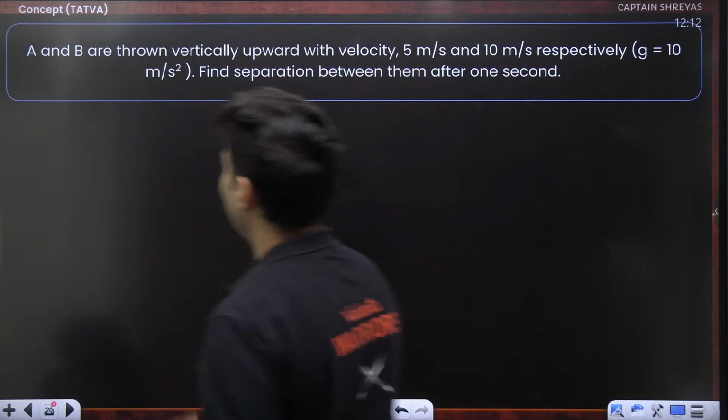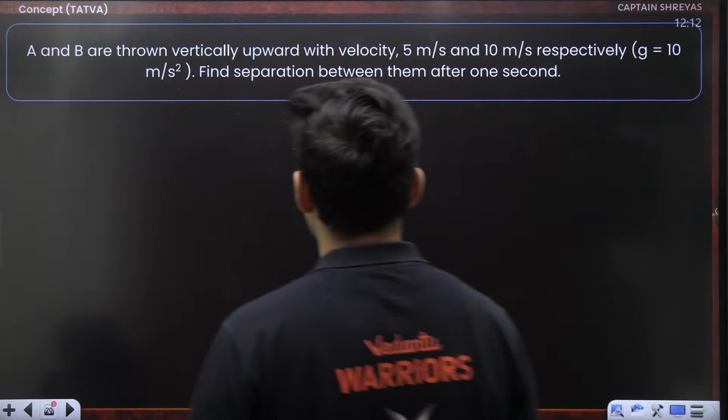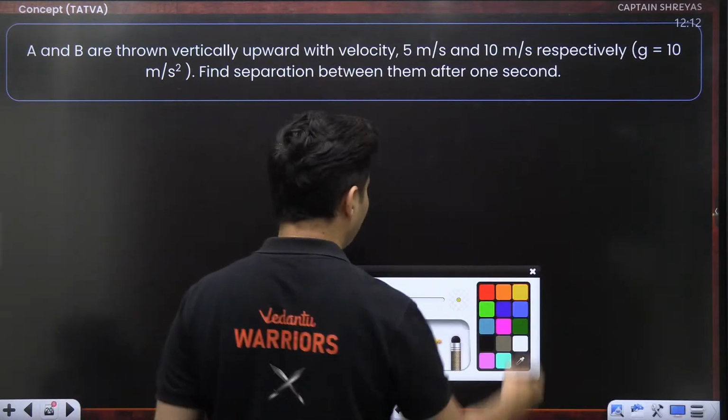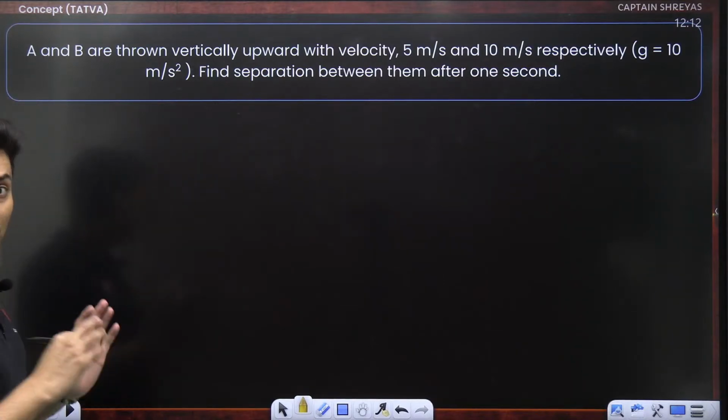Okay. So next question. A and B are thrown vertically up with velocities 5 and 10 meters per second respectively. Find the separation between them after 1 second. What do you do? Let's do it purely by